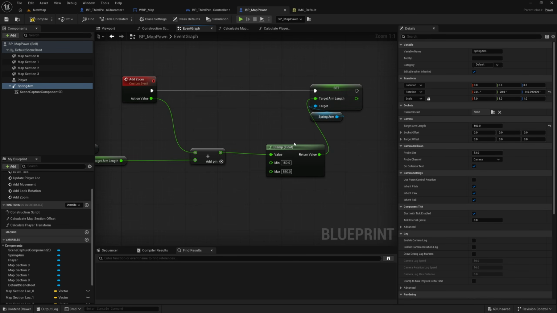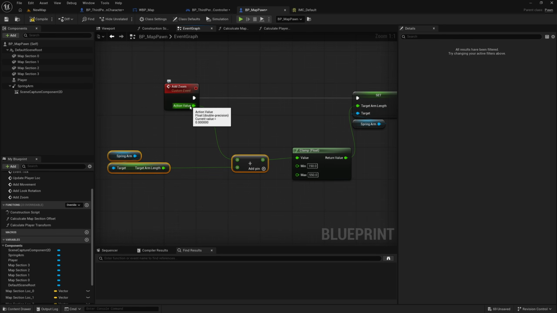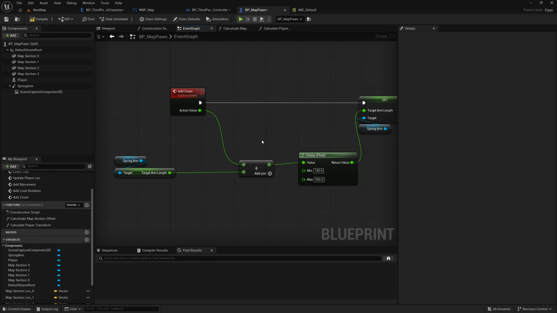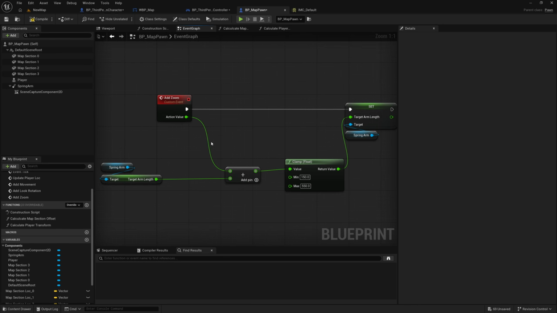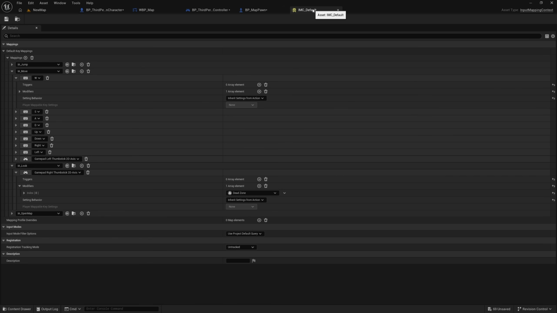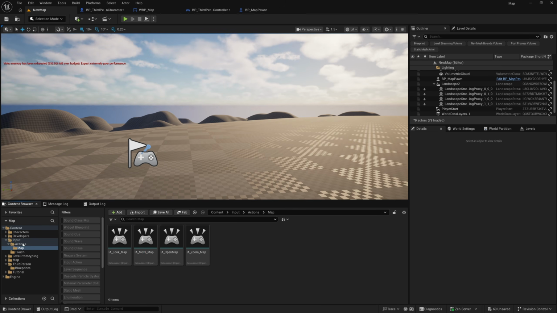I'll plug this into the target arm length, but this will actually be very, very slow because this action value will only be 1 or -1. So this will only add 1 unit, 1 centimeter to your spring arm every time you do it. So we could try multiplying this here, but I think it's better to use scalars inside of your actual input actions so that it's happening before here and you're not having to do this extra math. So in our IMC default, sorry, not IMC default, I'm looking for IMC map in my input folder,